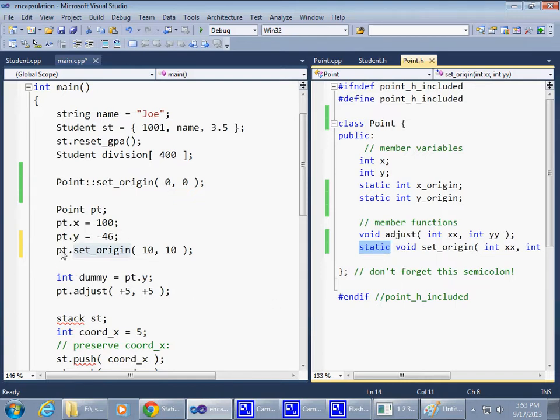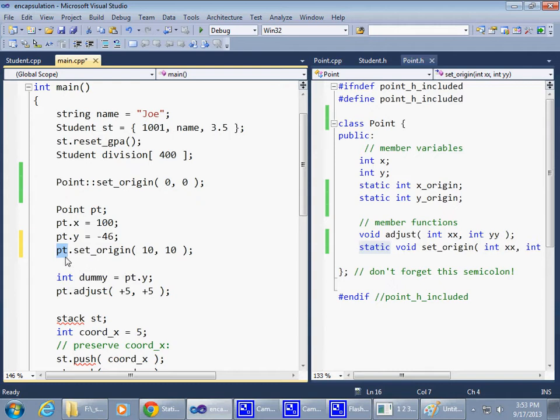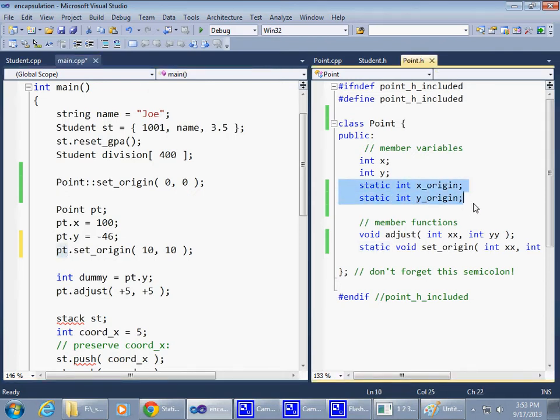In fact, it completely ignores the fact that I provide a particular instance of point to make a call. It just says, okay, sure, I can ignore this. All I need to do is to make sure I update those two variables. So static variables are very much like global variables, but they are limited to facilities that we define for our